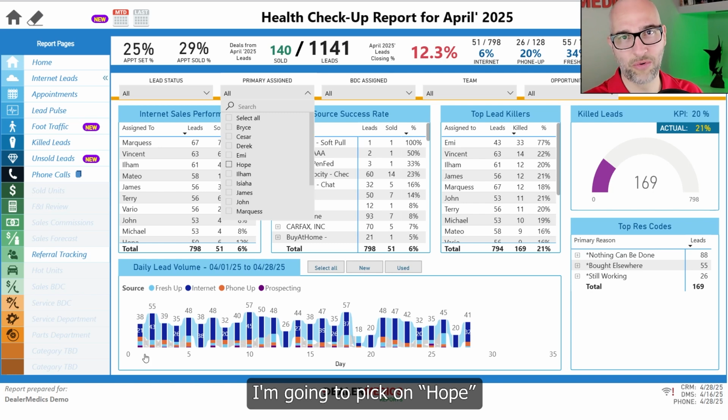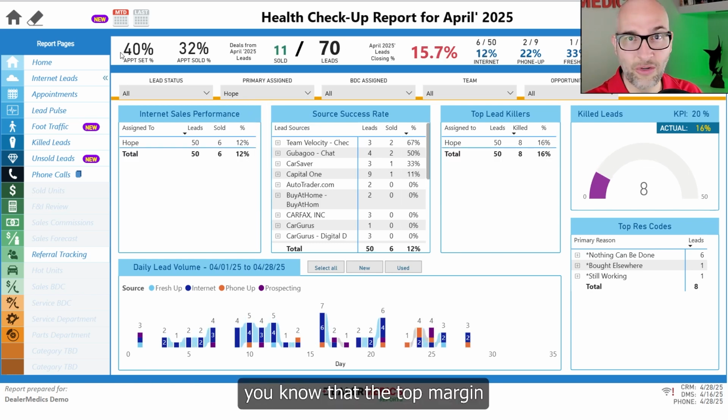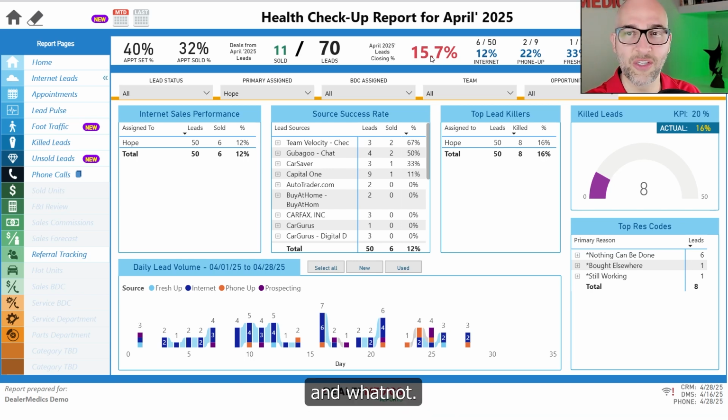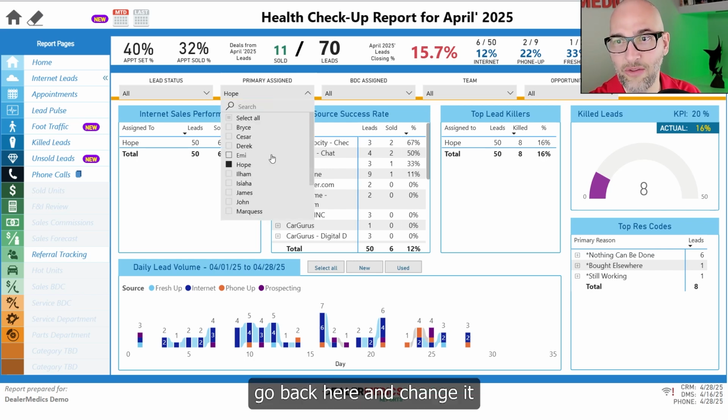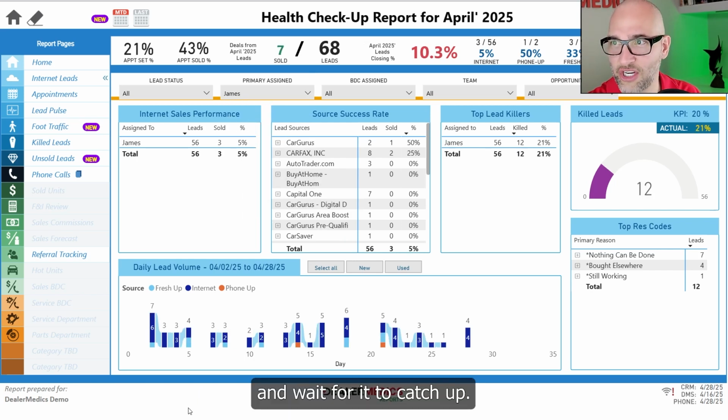I'm going to pick on Hope. Okay, so that's selected. You know that the top margin now is all for Hope, all of the closing percentages and whatnot. Here's that person and how many leads and the sources and how successful each source is, and it's good. But let's say you're on the fly, you want to talk about somebody else. Okay, you can go back here and change it and wait for it to catch up,